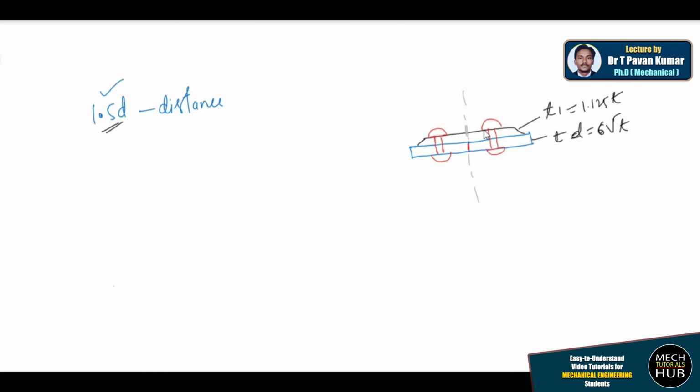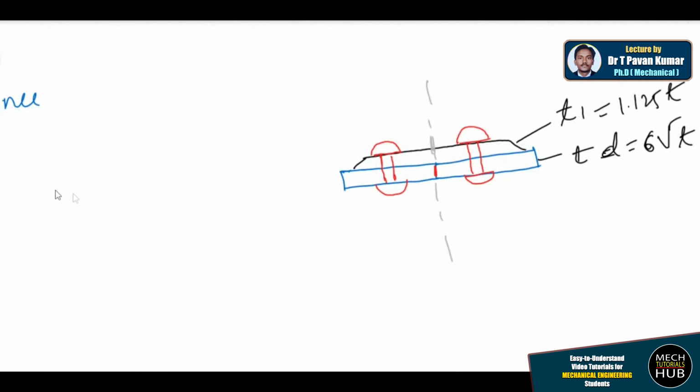Alright, something like this. Now what is 1.5d, where exactly do we need to use this particular 1.5d? Let me enlarge and show you. The distance from the butt joint to the center of the rivet should be 1.5 into d. Similarly from here to the midpoint, it should be 1.5d. This is one place where you need to remember that 1.5d should be the distance from the butt joint to the rivet center.